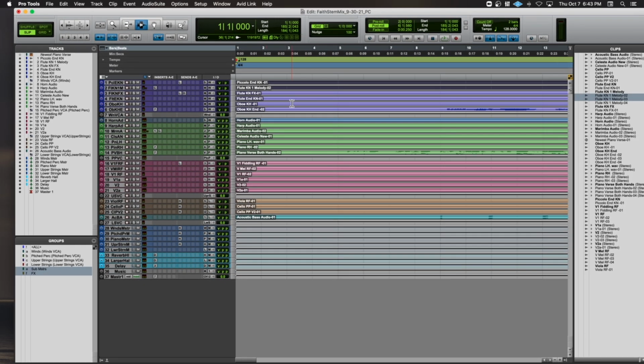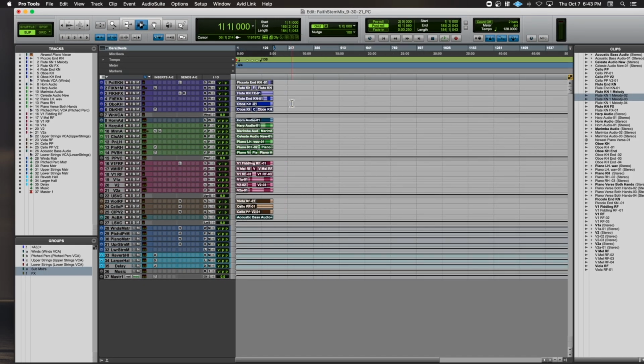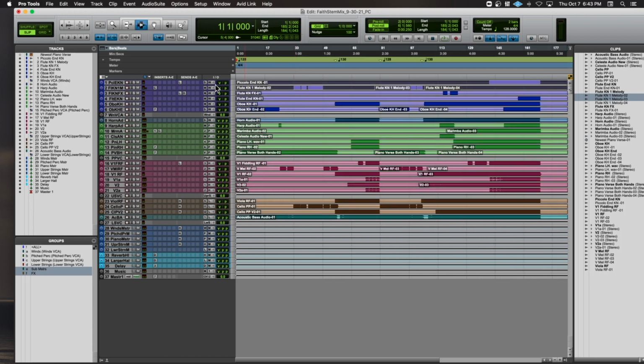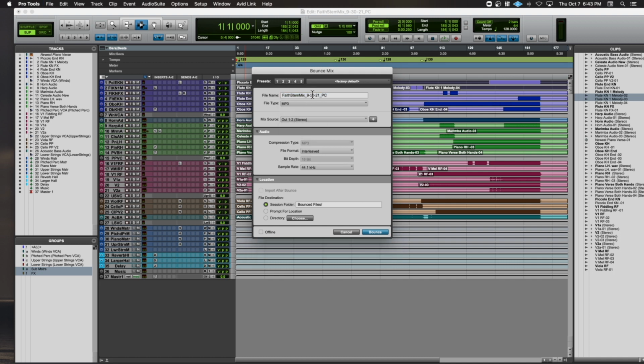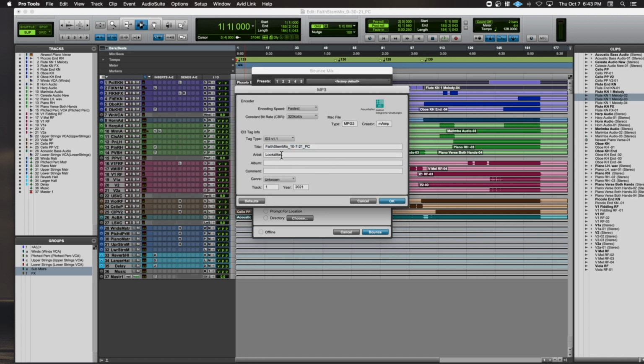All right, so I've selected the entire track. Whoops. And I'm going to do Command Option and the letter B. And my file type is going to be MP3. And I'll make today's date. Bounce, and then another dialog is going to come up. And this will be Artist Me. Okay, and then album, whatever,